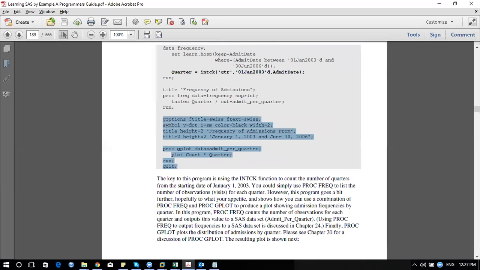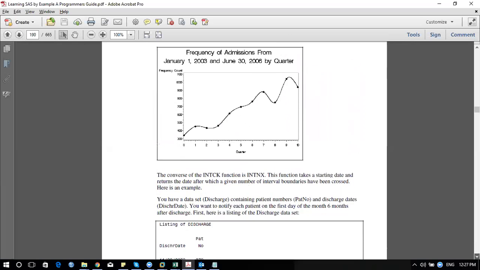See here what they are trying. The data set which they have, they're using keep and admitted, using where clauses and trying to use the date between this and this. So the plot is not important for us now. We'll get to the plot.